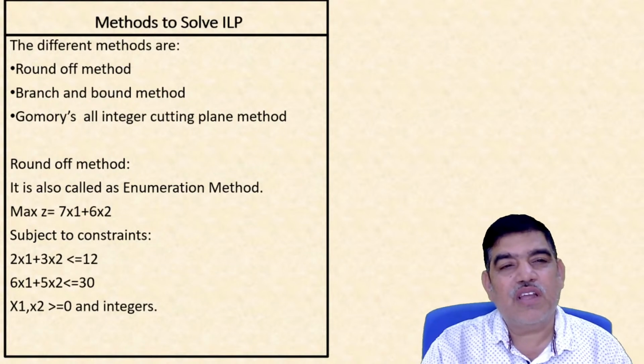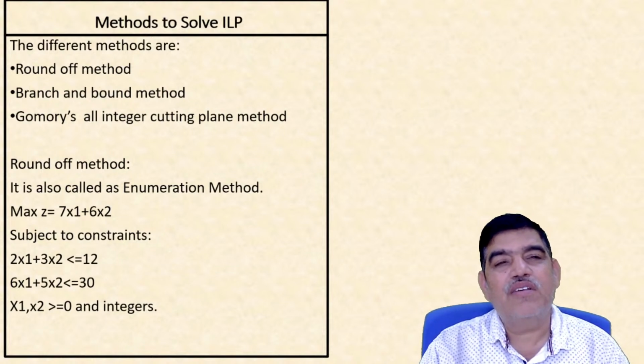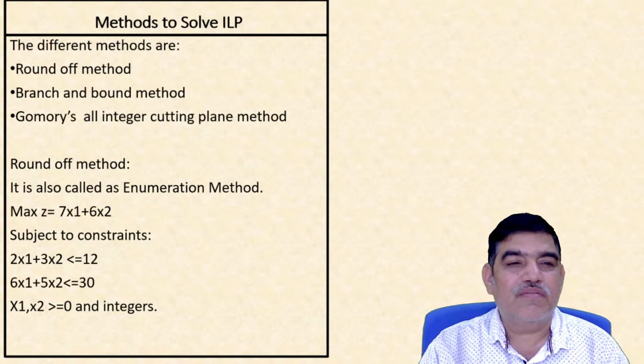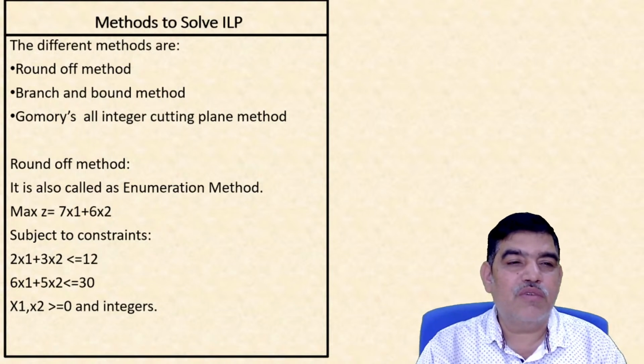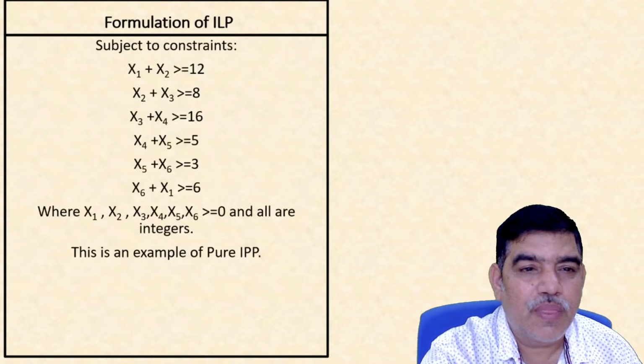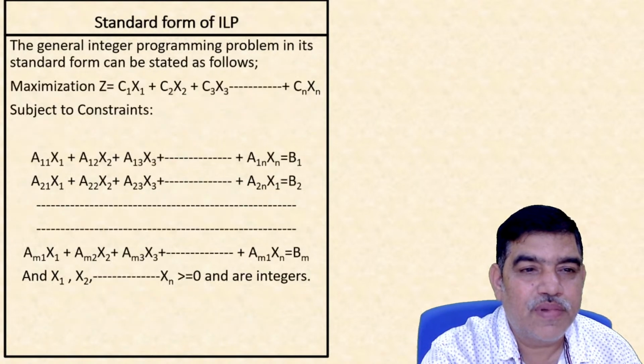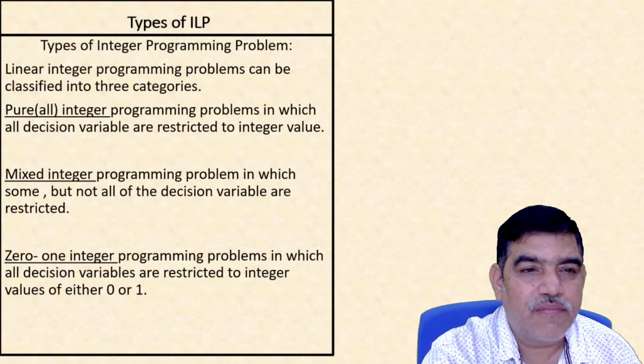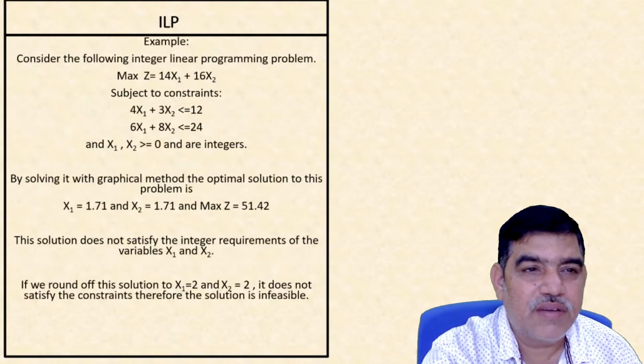So there are different methods. Now we come to the point: whenever the decision variable is obtained as a real value, rounding it off is also one method to get the optimal solution, but it is not always possible. Again, I am explaining with my example. In this example, I have explained already,